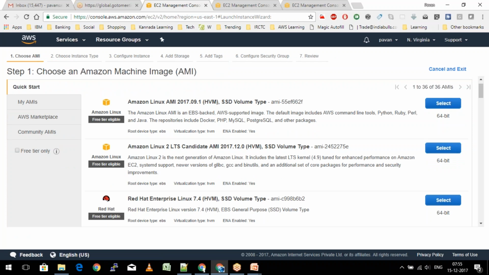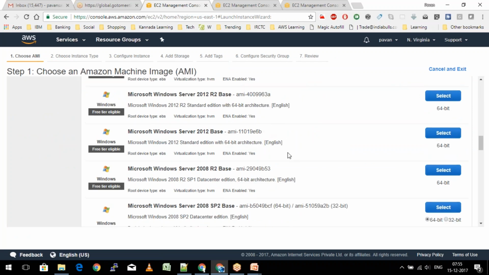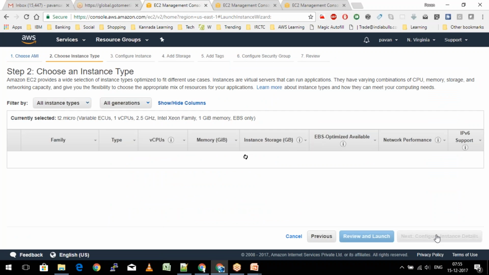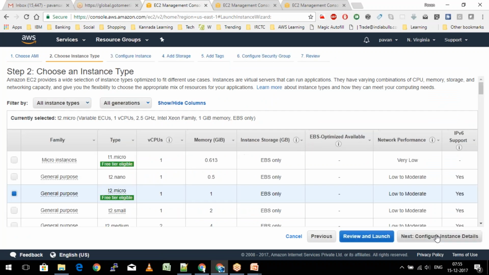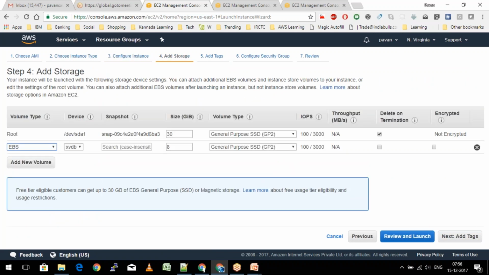I'll pick up this R2012 base itself. We'll go with the general purpose T2 micro. I'm going to keep everything as default here and go ahead and add the storage. So I'm going to add specifically 3 more volumes, and these are going to be of size 2 GB.